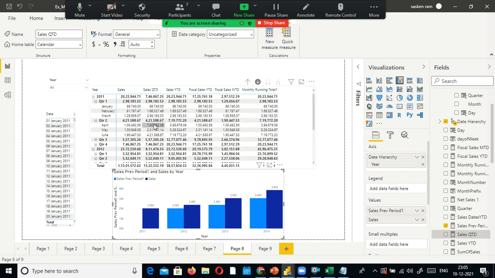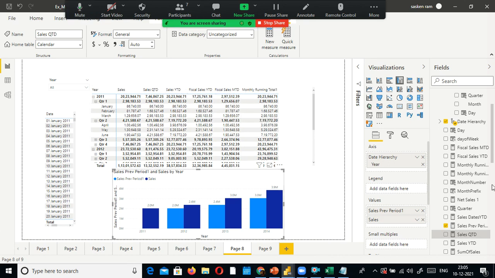Look here, every quarter, the quarter to date value is reset. Right? It is perfect, and here also it is perfect. Every year this value is reset. In every financial year only this one is getting reset. Okay, this one I will check. I know something is wrong here, but this one is the cumulative total.